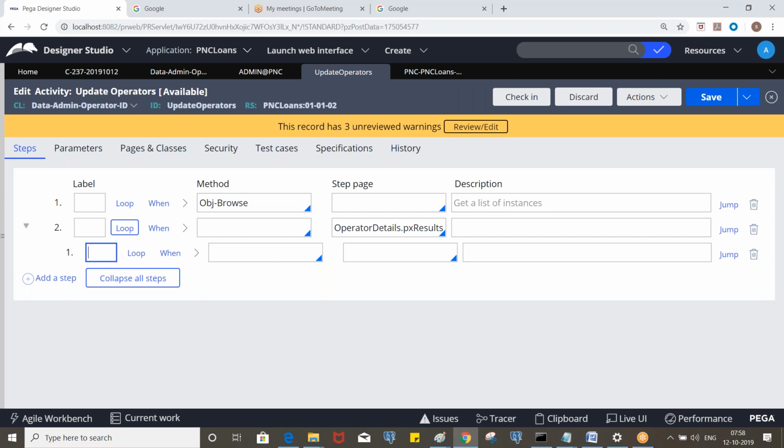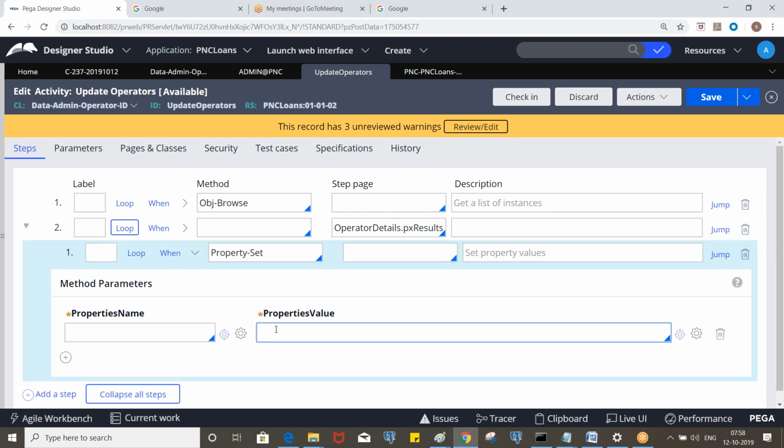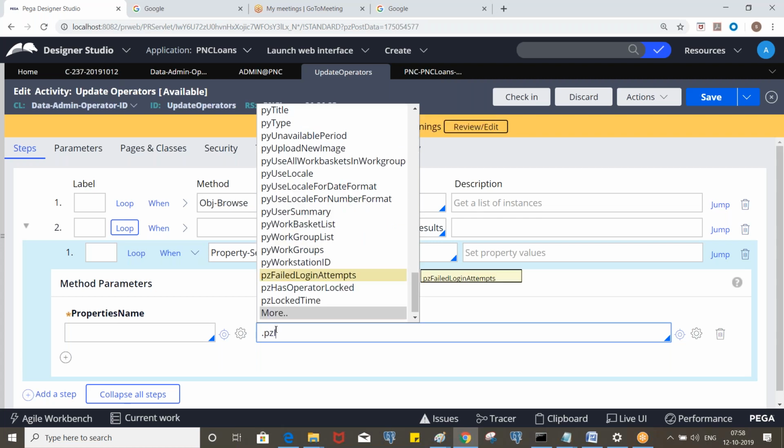Okay. So now what I do here is I will take the pyDynasty. If you don't specify, then this will be pixel. Pixels will be the primary. That means while looping for the first time, it will take the pixels of 1. So pixels of 1 will be the primary when it loops for the first time. So pixels are operator details dot pixels of 1 dot. What is the property? pyDynasty, right? Clear?